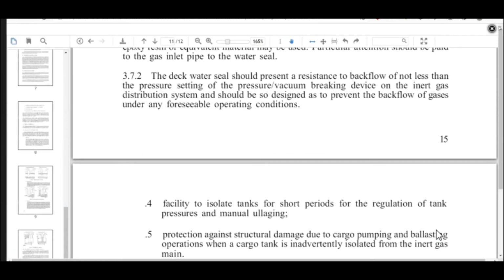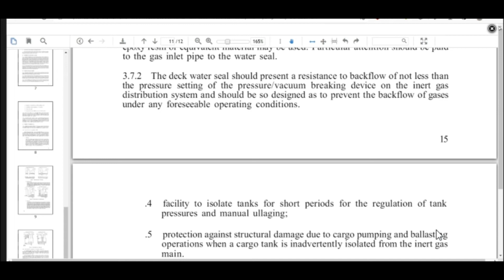So what is the first one? Immediately after the tank deck, the first one is a manual valve. That is the forwardmost one. After the manual valve, we have a non-return valve. The non-return is an automatic non-return. We call it NRV. Usually it is flap type. So as long as there is a force flow of,